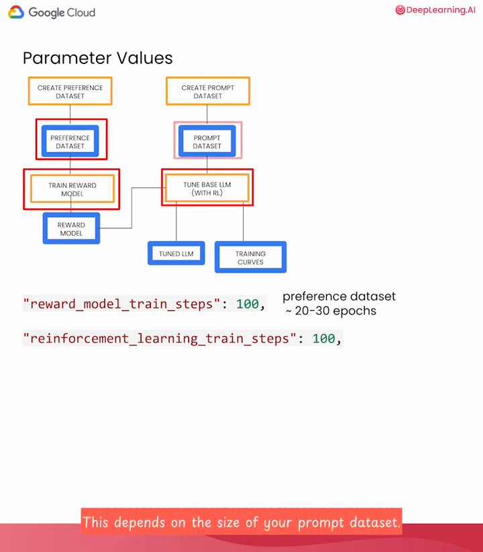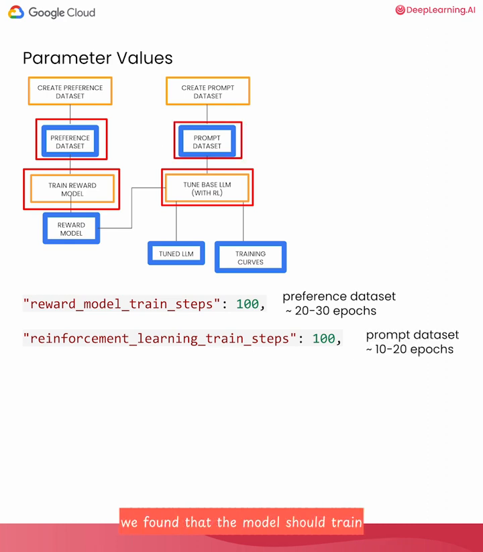This depends on the size of your prompt data set, and from experimentation, in this case, we found that the model should train over the prompt data set for around 10 to 20 epochs. Now, one thing to note is that I was giving these recommendations of how many epochs to train over these different data sets, but this parameter here takes in a number of steps. So if you need a handy heuristic to help you go from epochs to steps, I can show you that